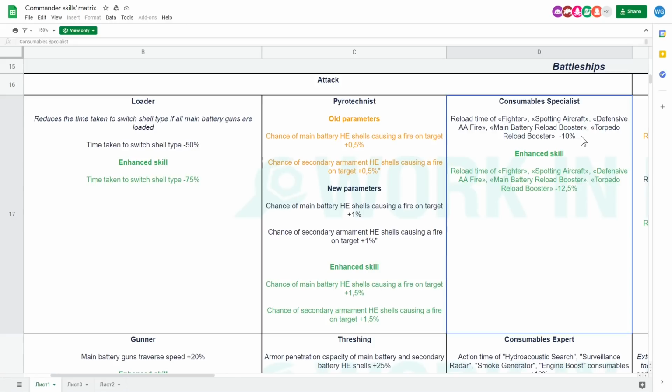It remains a 10% reduction in reload time, and then the buffed version of this skill, presumably for the German unique commanders, and I think there's probably also at least one other set of commanders, the buff will be 12.5% reduction in cooldown. Next skill is, if I can get over there,